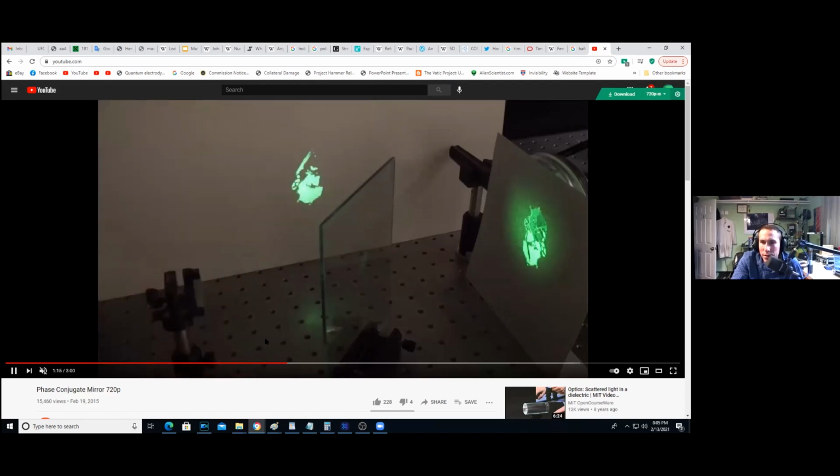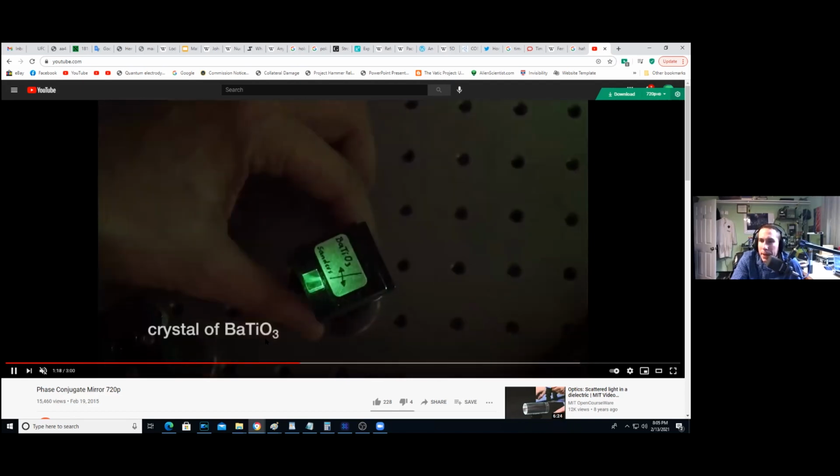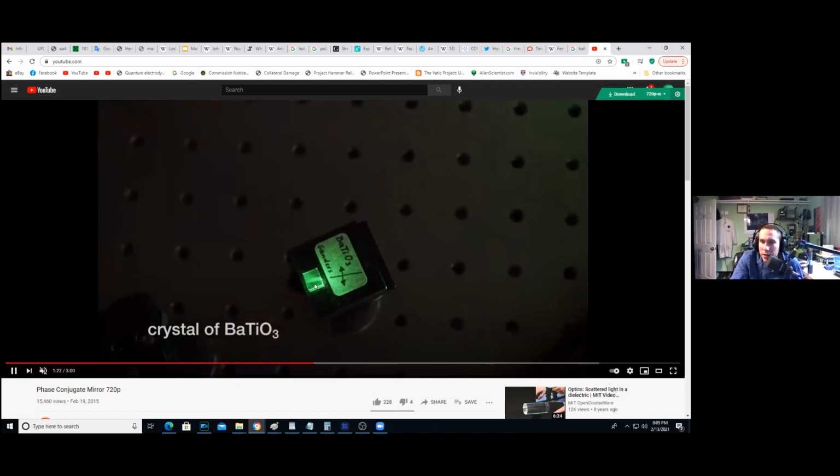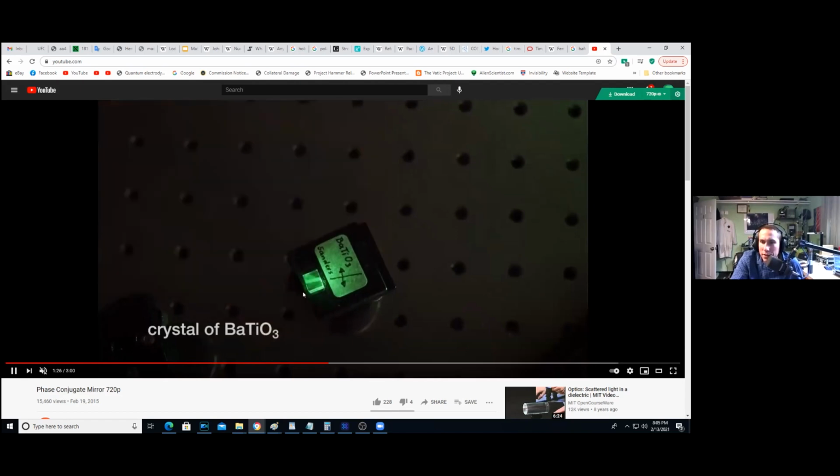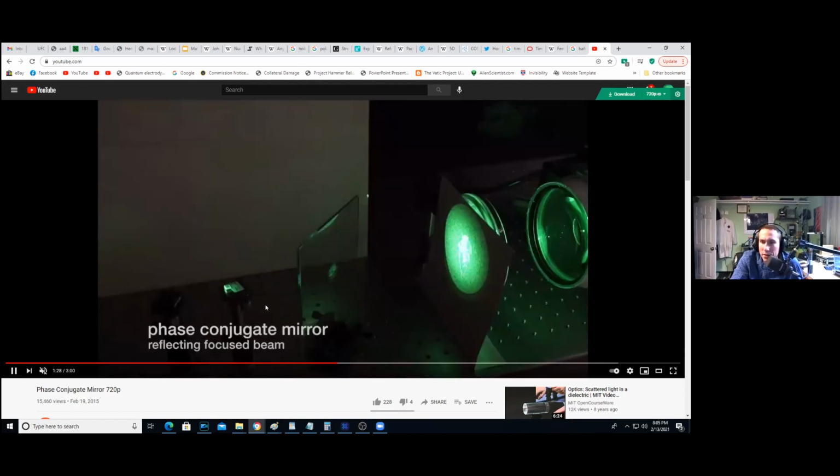It's because it's got frosted glass. And then they take this conjugate mirror, and you see that they twist it, and they twist it till it goes into phase, into resonance. Phase conjugate mirrors only work at resonance, so that phase conjugate mirror is tuned to that laser frequency. And you see how that happened.